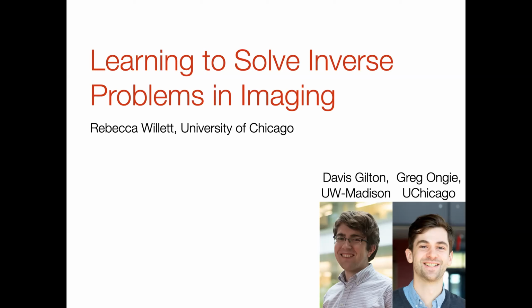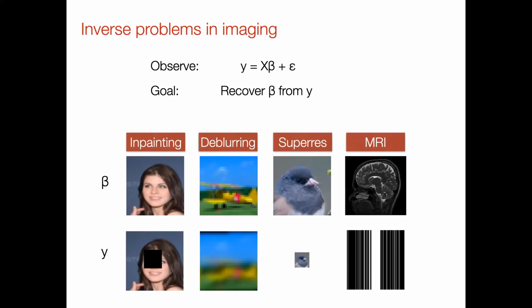So what I'd like to talk to you about today is some methods for trying to solve inverse problems in imaging, where we use training data to improve the efficacy with which we can learn these solutions. So what I mean by this, our general setup is the following. We're going to assume that we observe corrupted, noisy images of the image of interest, beta. So beta is the image of interest, X is our observation, and X is a model of how the image has been corrupted, or a model of the imaging system used to collect our data. And then epsilon would be some noise. So our goal here is to recover beta from Y.